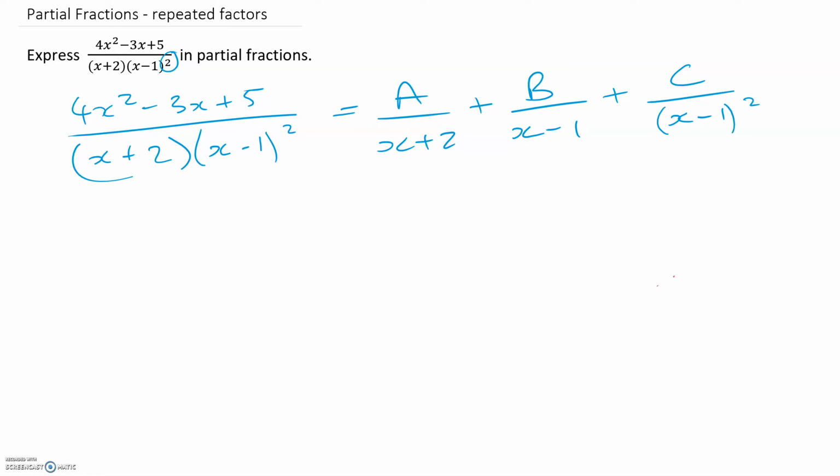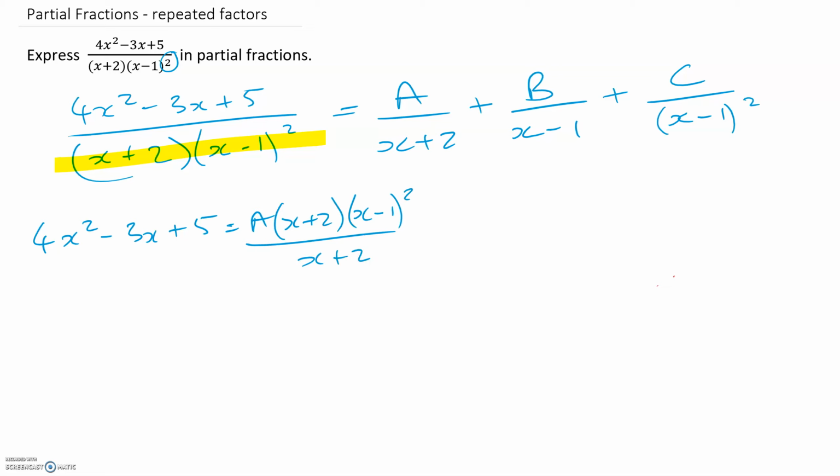For the reasons we talked about in the previous question, we can now multiply everything by the denominator. I'll do it the long way, but you can cut this step if you like. You've got 4x squared minus 3x plus 5 equals a times by that whole denominator